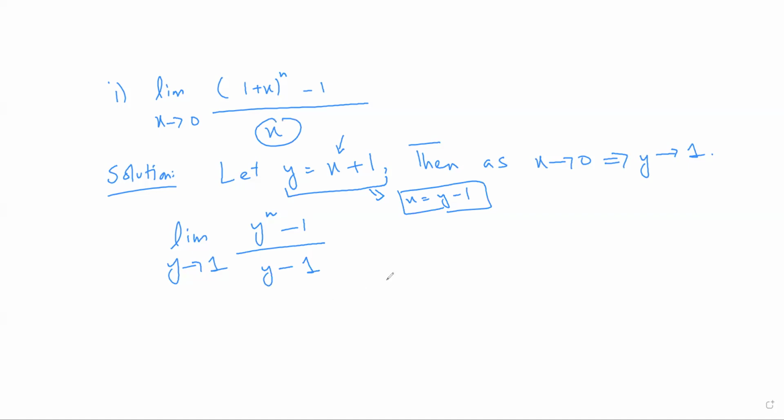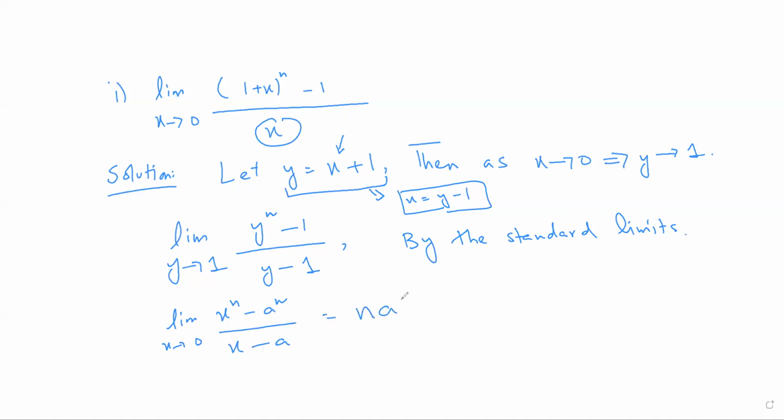Now, by standard limits, we have limit x goes to a, x power n minus a power n divided by x minus a. This is equal to n a power n minus 1, where a should be greater than 0. So then we have